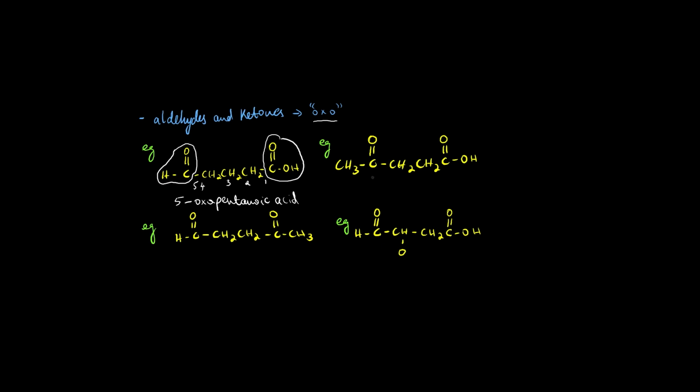Now let's look at the next example. Now this one is a ketone group. It is a ketone group because we have an alkyl group and a double bond O carbon. And there is a carboxylic acid group. Simply put, carboxylic acid holds precedence over everything else, so we will number from the right hand side. It is a 5-carbon chain. Therefore, let's see now how to name it. It would be called